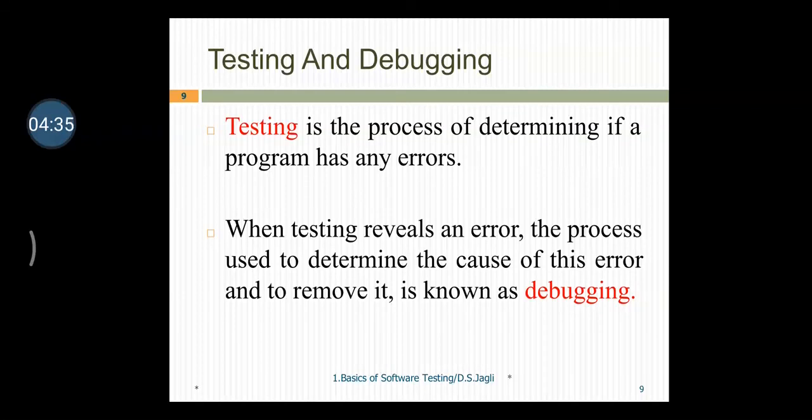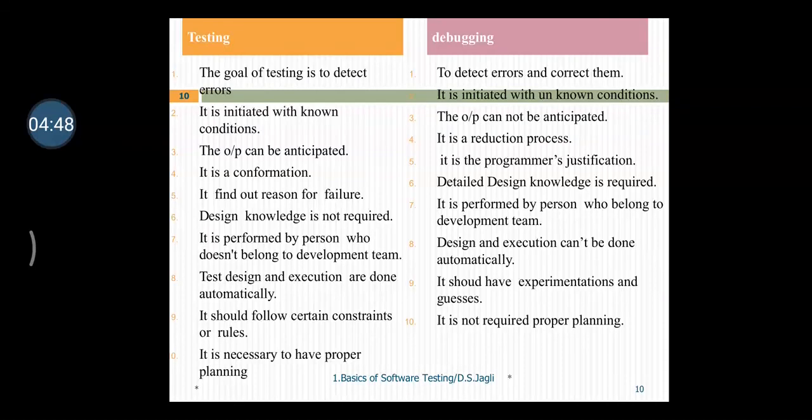Testing is the process of determining if the program has an error. When testing reveals an error, the process used to determine the cause of this error and to remove it is known as debugging. So there are differences we can see between testing and debugging. The goal of testing is to detect errors. The goal of debugging is to detect errors and correct them. Testing is initiated with known conditions, but in debugging, the output